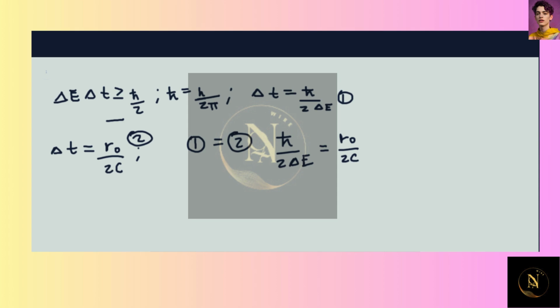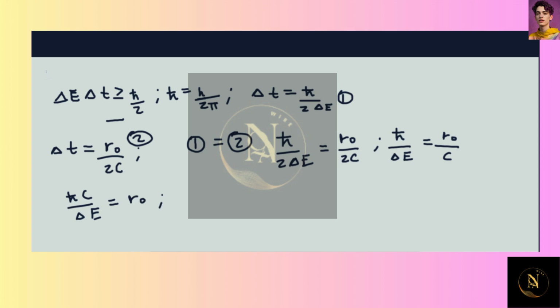All right, immediately we see that the 2's are going to cancel. So let's simplify. H bar over delta E equals R naught divided by c, and simply we'll multiply c over. So now I have h bar c divided by delta E equals R naught, and that is going to be